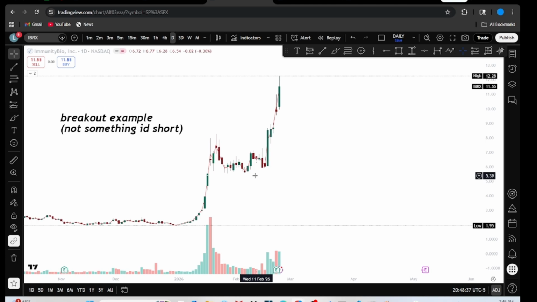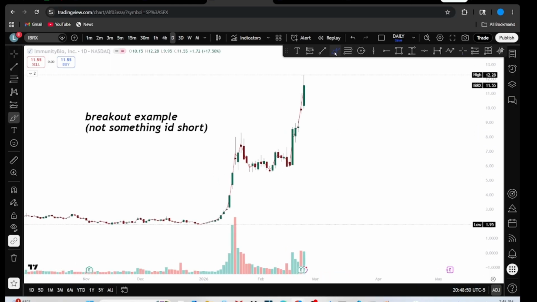Also, IBRX is a biotech. They came out with some data, which is very attractive to a lot of people, apparently. And there's also some guy behind it who's like a billionaire or something that people really like. And so, again, if you are shorting things blindly and you don't understand these nuances, you're going to get in trouble. And that's the whole point of this video in a lot of ways.